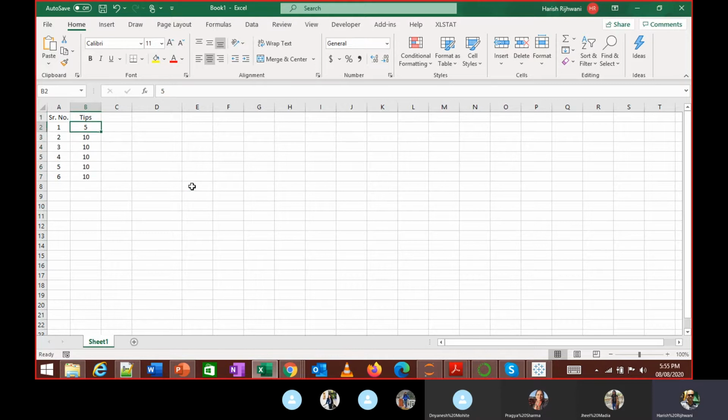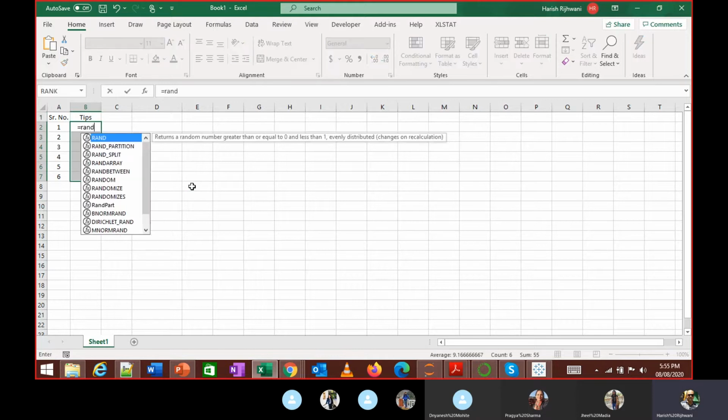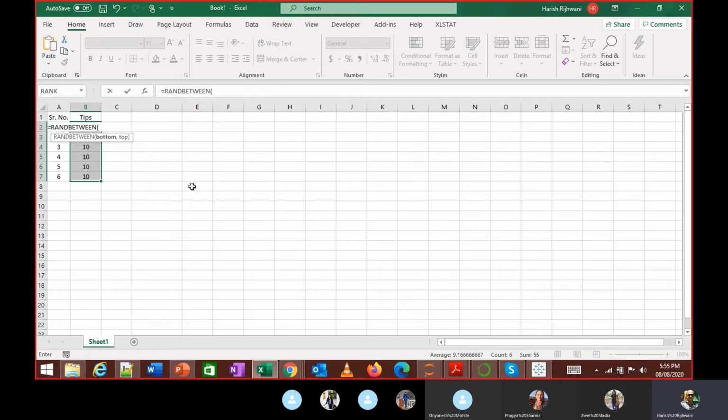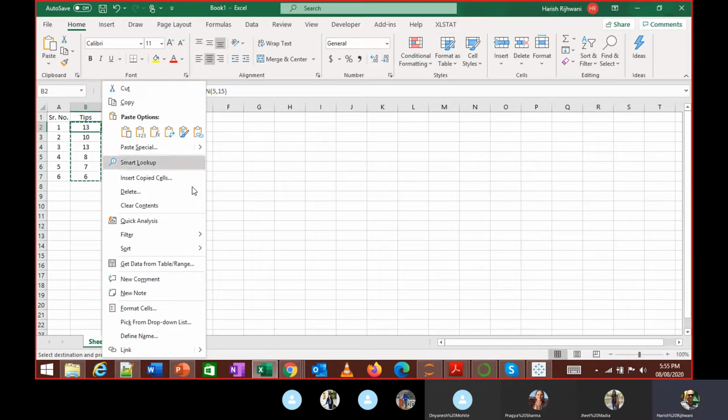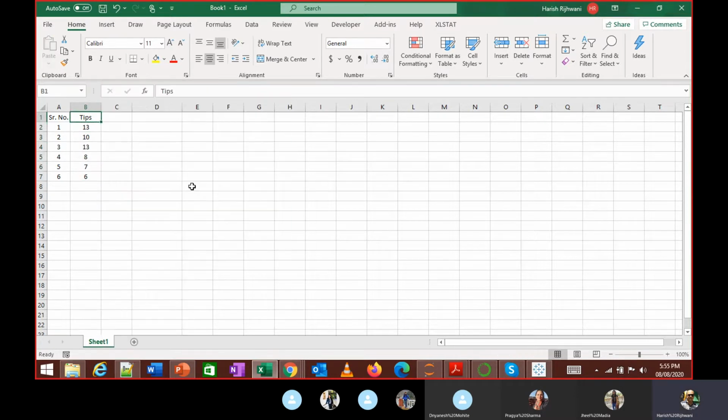So if I put a random value like this, rand between, he wanted to find out the random value, but he forgot to put what is the quantity over here, in the sense how much the person actually spent.